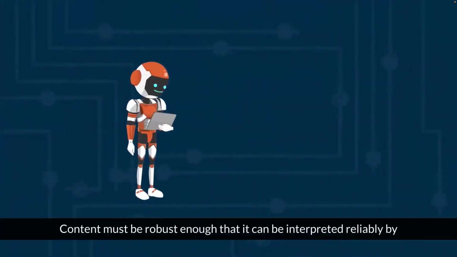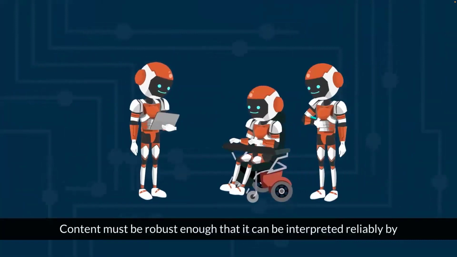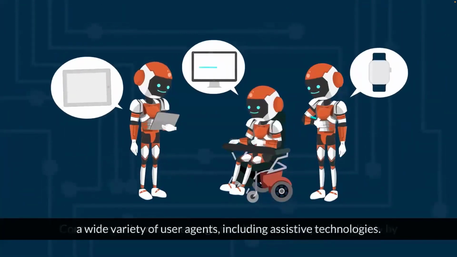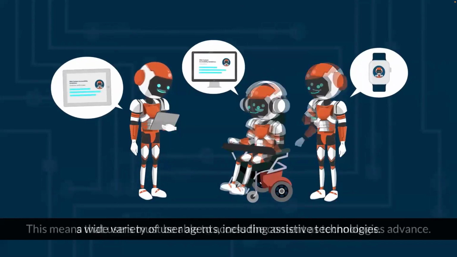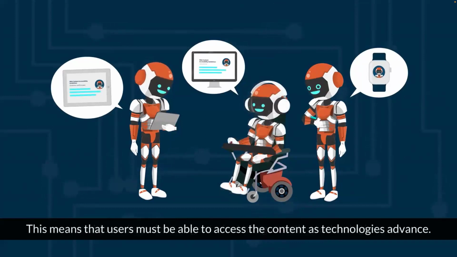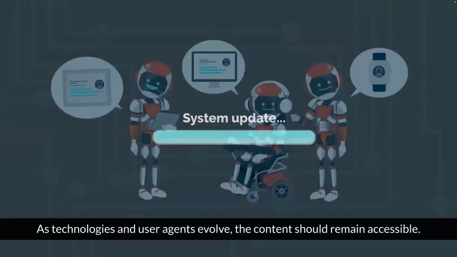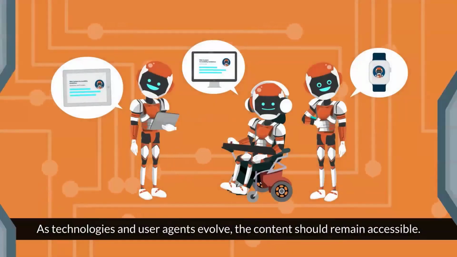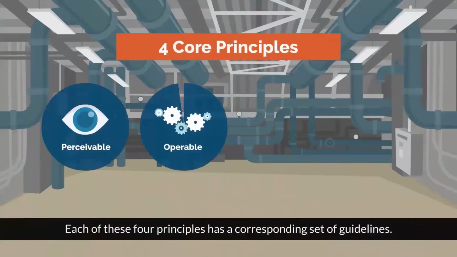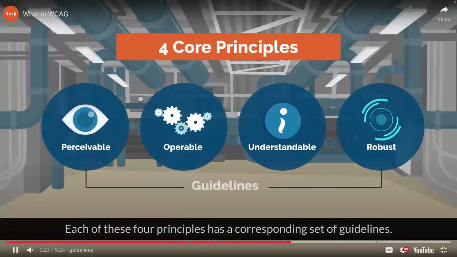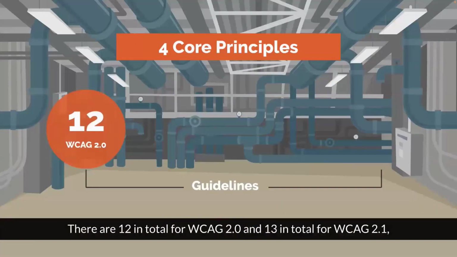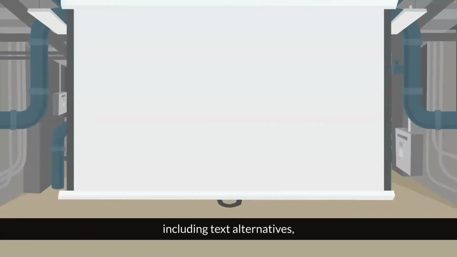Robust. Content must be robust enough that it can be interpreted reliably by a wide variety of user agents, including assistive technologies. This means that users must be able to access the content as technologies advance. As technologies and user agents evolve, the content should remain accessible. Each of these 4 principles has a corresponding set of guidelines. There are 12 in total for WCAG 2.0 and 13 in total for WCAG 2.1, including text alternatives,